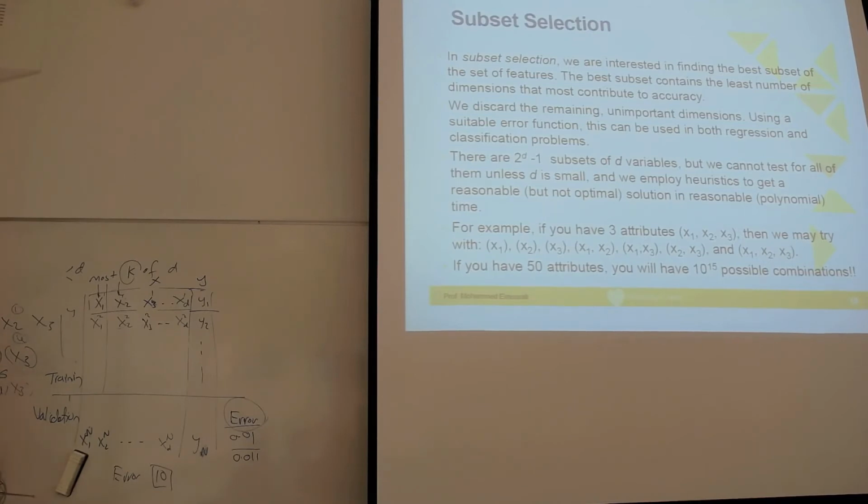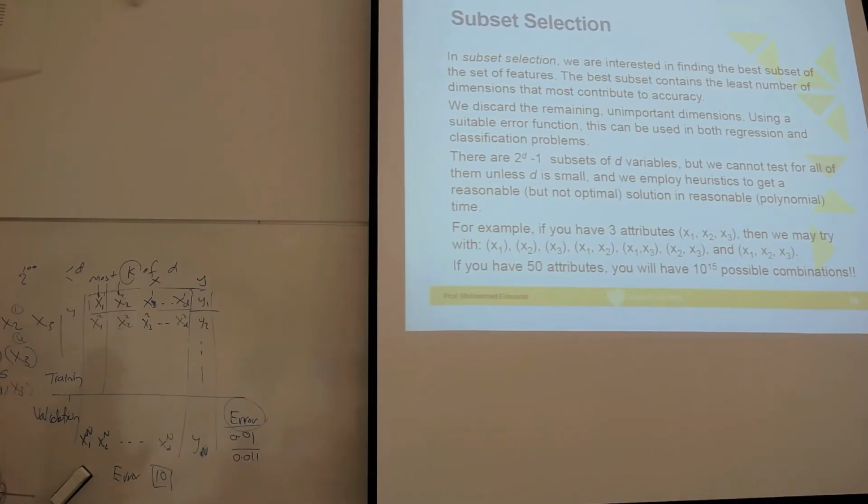So simply it is 2 to the power d minus 1. So actually it can consume a lot of time to do it in this way. For example, if you have 100 dimensions, it is 2 to the power 100, which is a very, very huge number. So maybe a supercomputer will not be able to do it unless it takes decades, especially if n is a very, very large number. So in that case, we need a lot of time for this subset selection.